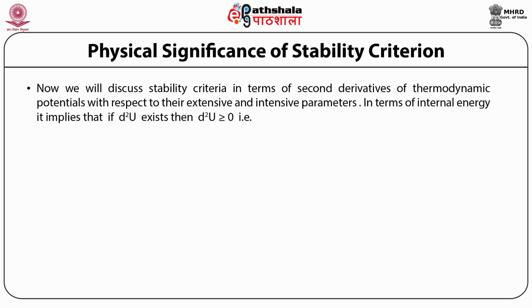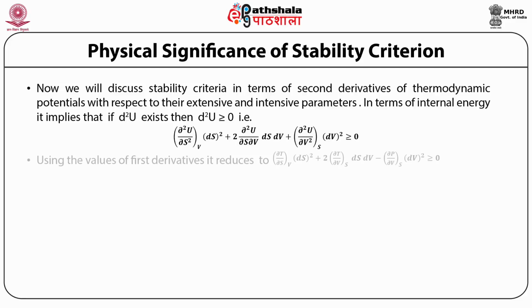That is, delta 2U by delta S square at constant volume dS square plus 2 times delta 2U by delta S delta V dS dV plus delta 2U by delta V square at constant S dV square is greater than or equal to 0. Using the values of the first derivatives, it reduces to